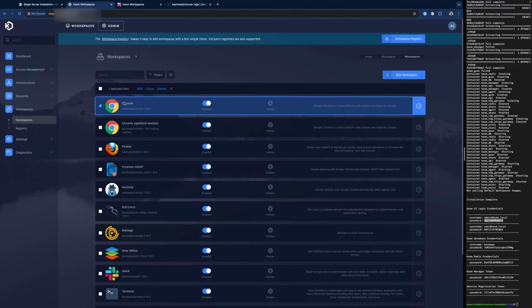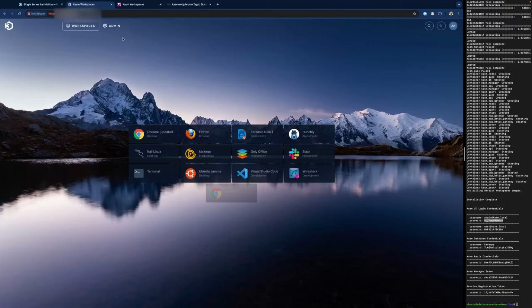Or maybe I don't necessarily want to delete it, but I don't want it enabled, and so I can disable this Chrome image. Now when I go to my Workspaces tab, my Chrome Updated Weekly is rotated up one spot. But you can see here that the Chrome tile that we disabled is now in this transparent, ghosted-out feel.